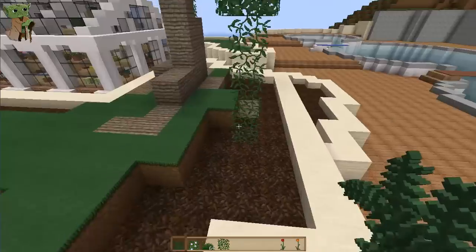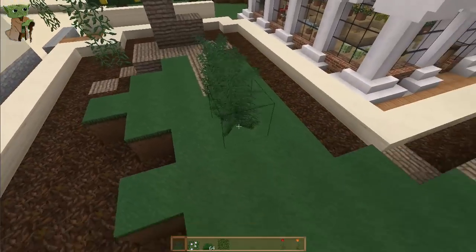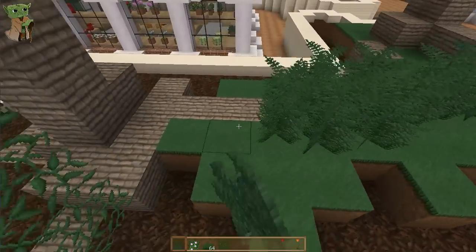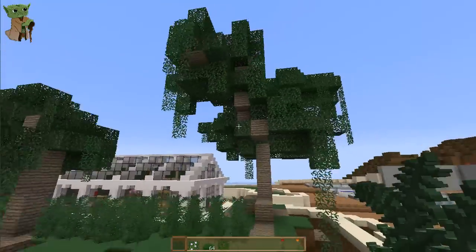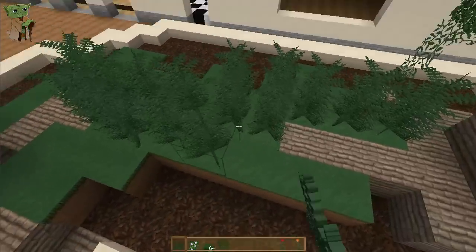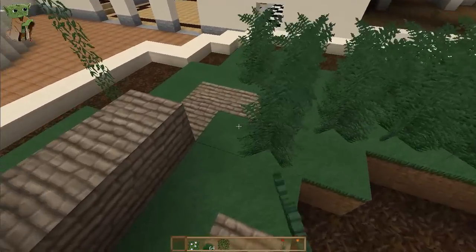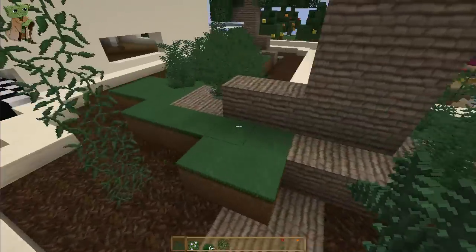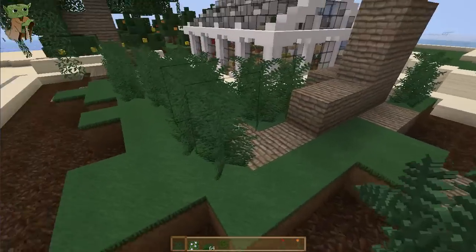So, got this little planter here to arrange. I've put some leaves on the trees, as you can see, very easily. Leaves on the branches. You didn't need to see that, did you? It's too easy for words. So, just going to put on some tall ferns here and try and build up this planter kind of in